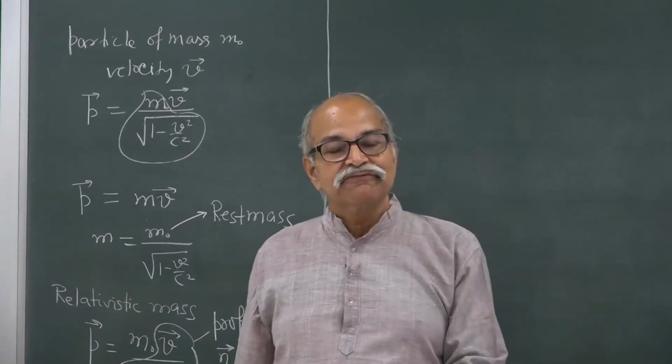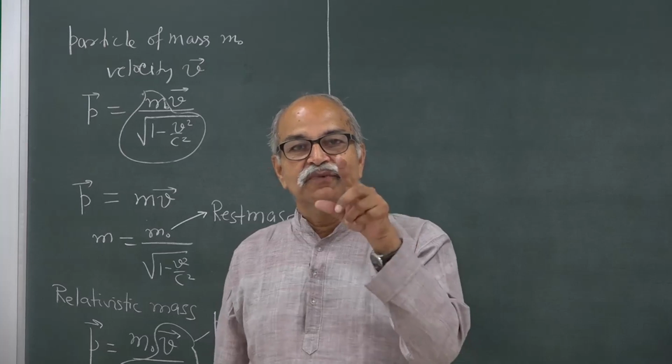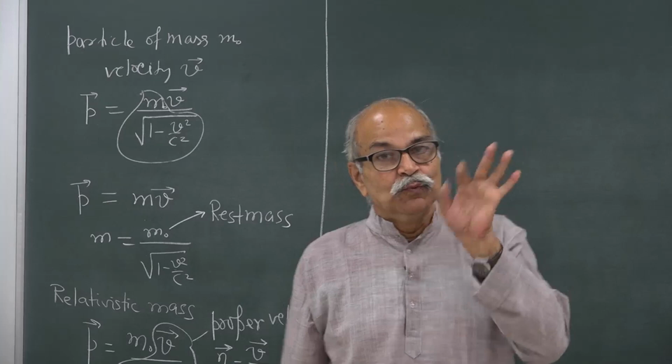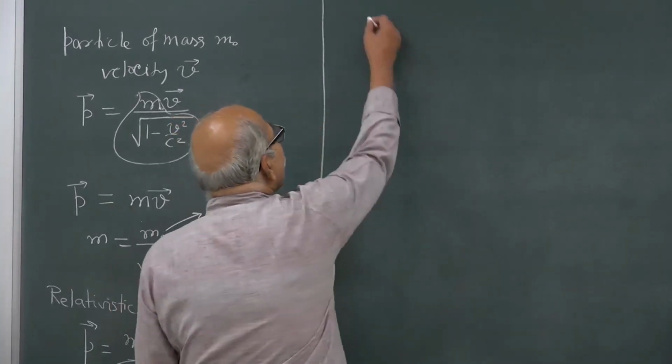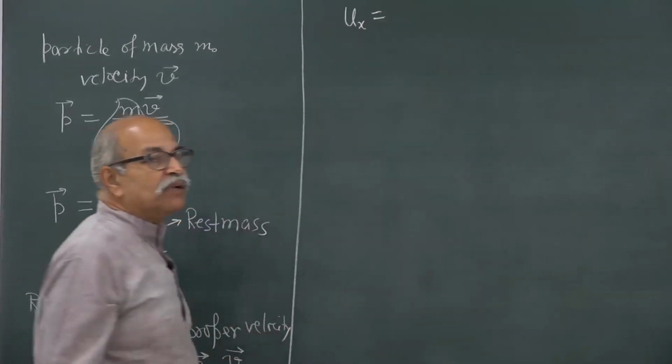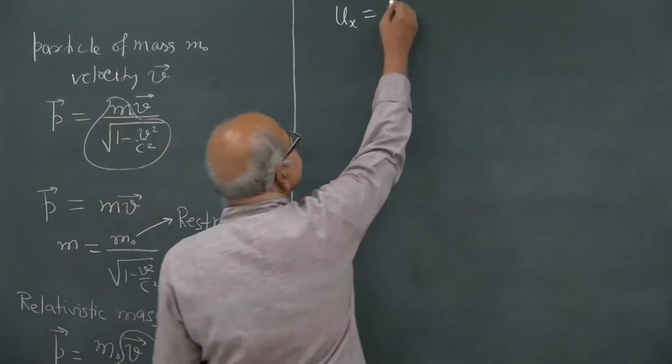All our Lorentz transformations are written in terms of that small v. So, for the particle velocity, let me use the symbol u. Okay. So, how do we define ux, the x component of the velocity of the particle? This is dx by dt,